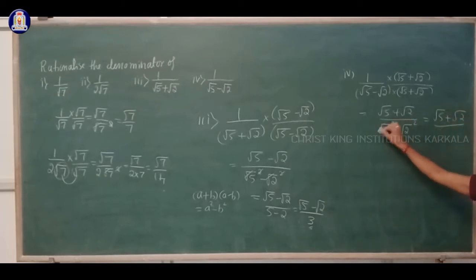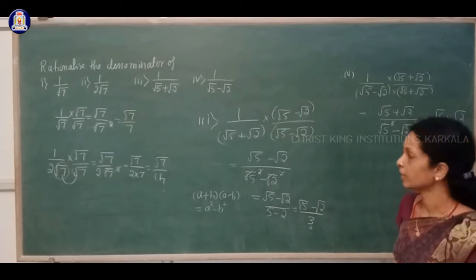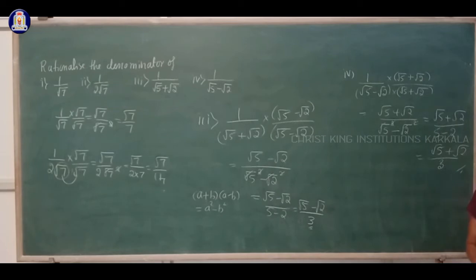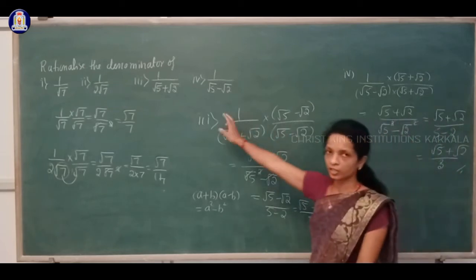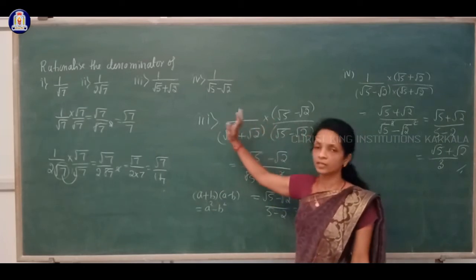Here the square root and square cancel. What we are left with is 5 here and minus 2 here. 5 minus 2 simplifies to 3, and the numerator as it is, root 5 plus root 2. Okay. So here you have to keep in mind that you have to multiply the denominator by the rationalizing factor to make it a rational number. Rationalizing factor, that is important.